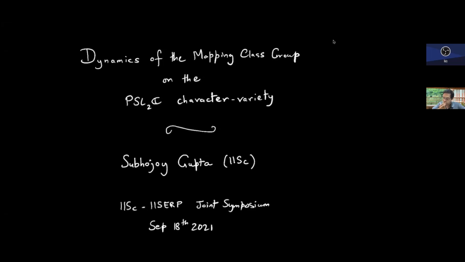Okay, thanks, Vamsi, and I'm happy to be part of this symposium. So this is the title of my talk, and I'll explain all the terms in the title. I'm going to talk about the mapping class group and the PSL2C character variety and the action of the mapping class group on it. And I should also mention that although this is a geometry talk, it has connections with some of the other categories that the symposium is covering, and I'll try to point those out as we go along. So let me start with the